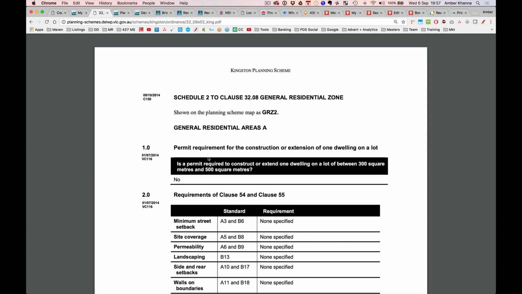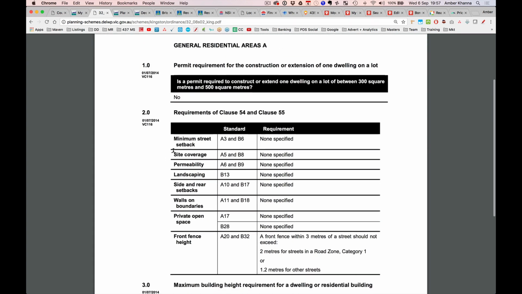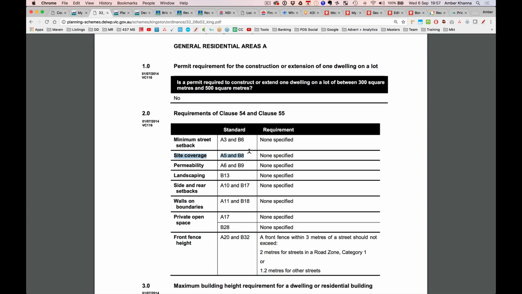You get into their website and you figure out, okay, and see how we were talking about site coverage. They're talking about GFA and all of that. Permeability is the area of the site that needs to be the garden or a porous concrete. Like for this site, we are